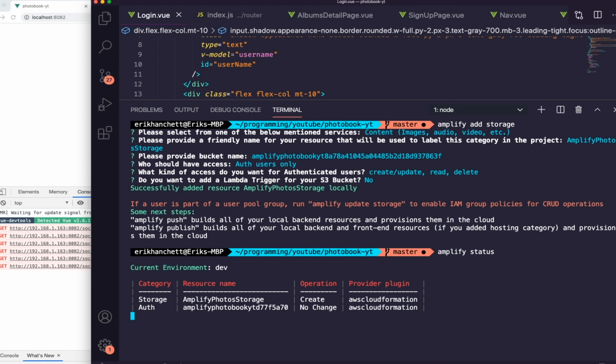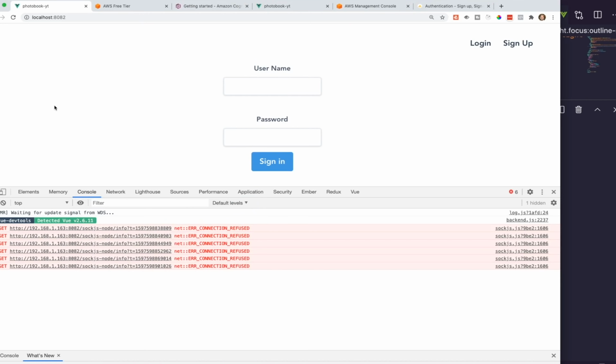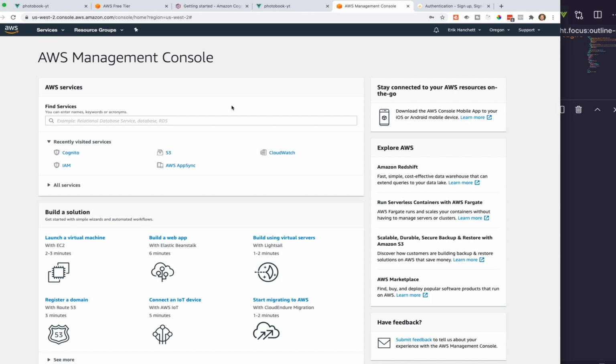So before we move on, let's go ahead and add in our API, and we want to actually use AppSync. This is the AWS AppSync. If you're not familiar with that, if you go back to our management console, let me just refresh it here, make sure we're still logged in. So if you go here to our AWS Management Console, you can see we have AWS AppSync, and if you click on it,